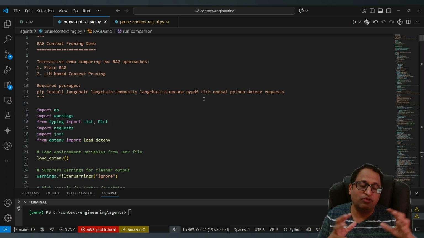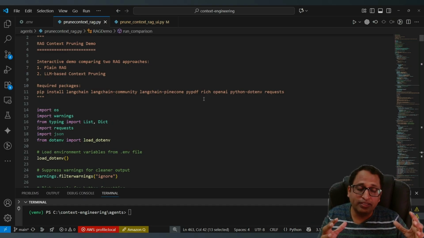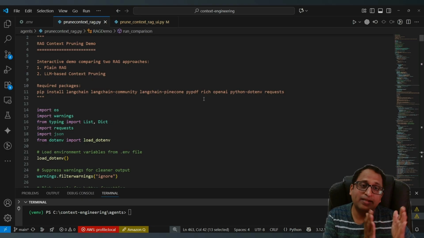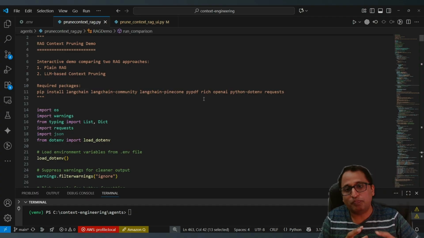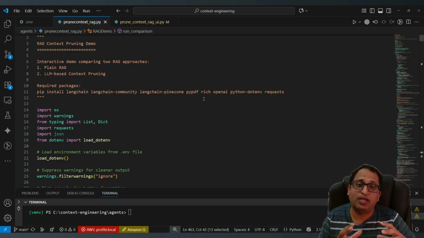So what we are doing is building a simple RAG application. This RAG application is for answering questions related to tax. I'm taking around 4 or 5 big IRS PDF files, chunking them, and then loading the documents into a Pinecone vector database. When the user asks a question, I retrieve the relevant chunks and then pass them to the Llama 8 billion parameter model with a prompt. That model is going to prune and summarize the context retrieved from the vector database,